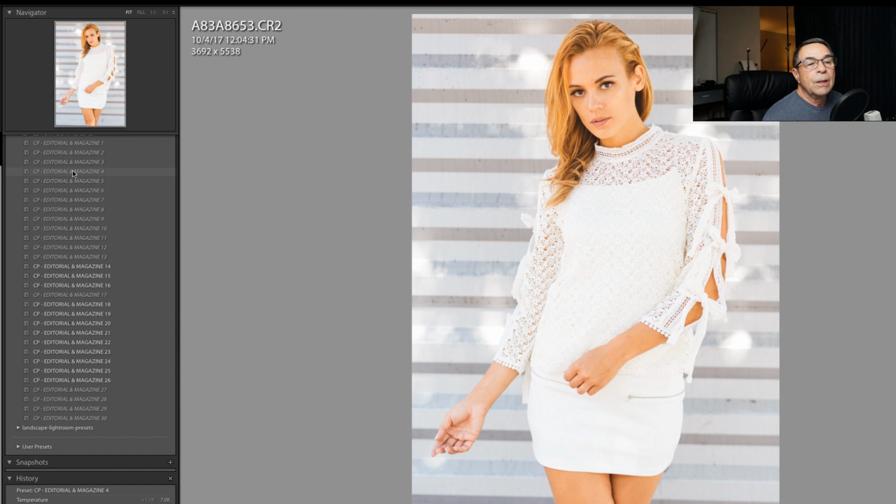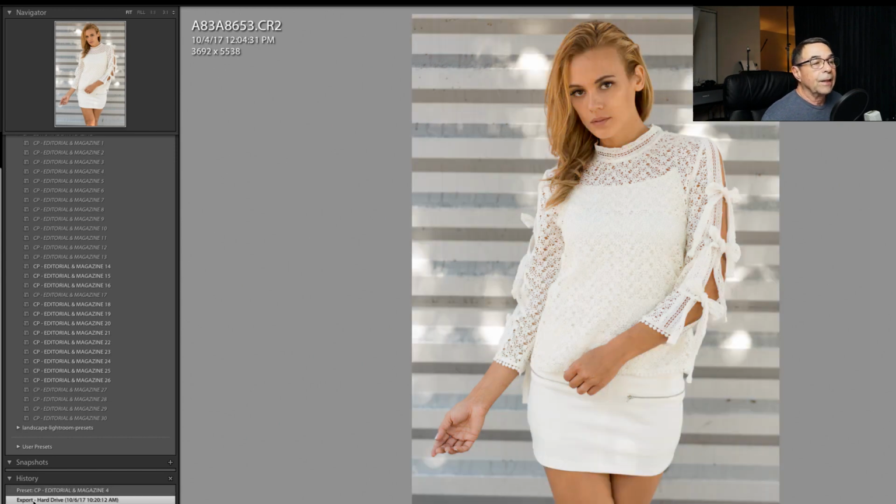But if I do select, let's say, Editorial Magazine 4, and right away I'm going to show you how to undo what you just did if you don't want that preset. Down here in the History panel, you can go back, and in this case where it says Export, I can click there and it takes me back to where I was before